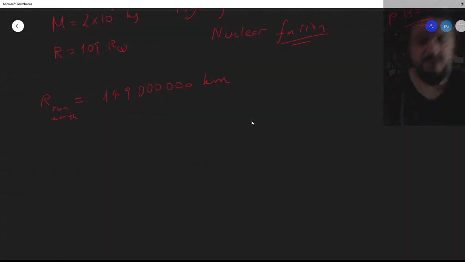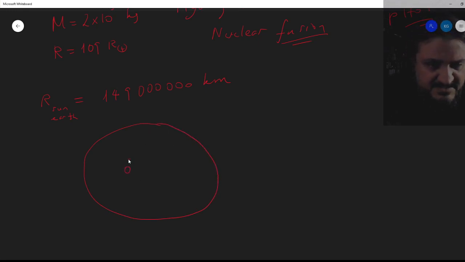Now this is not a fixed number, which means, remember the ellipse I was telling you about? So if I exaggerate it a little bit, make it look more like an egg shape. So here's the sun. There will be times when Earth is close to the sun, R1, let's say, and then there will be times when R is larger, call it R2, so R2 is greater than R1, or let's say Earth is farther away. By the way, that's called an aphelion. This point, the farthest from the sun, is called aphelion.